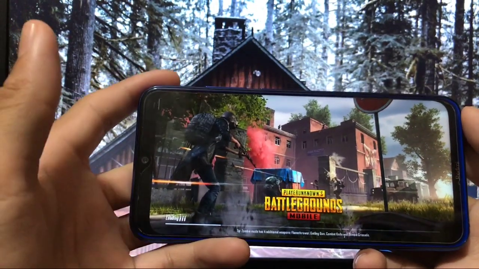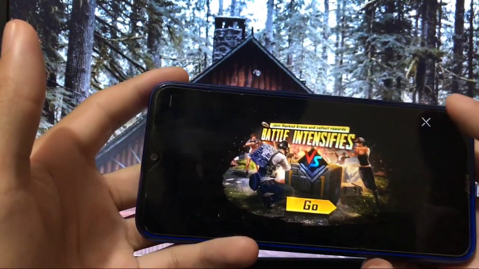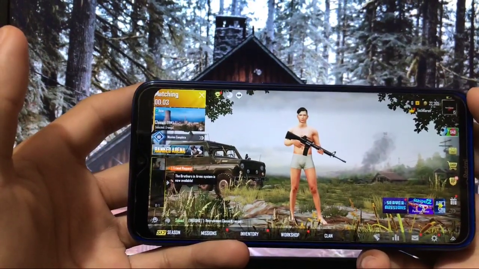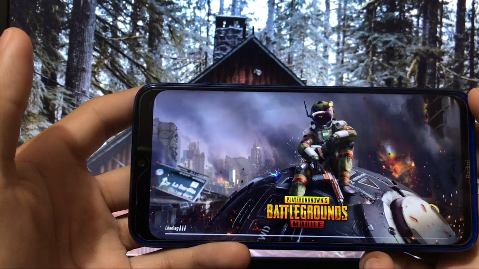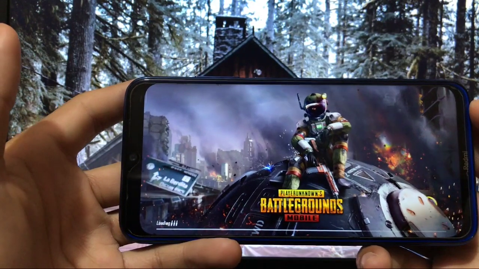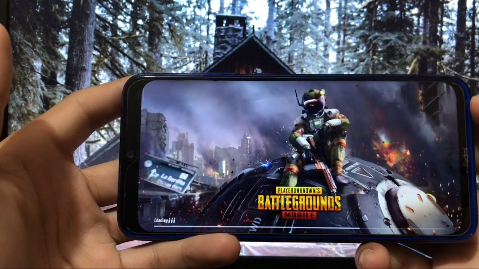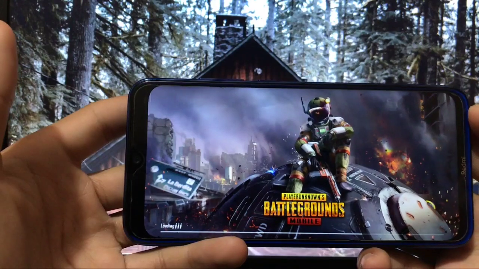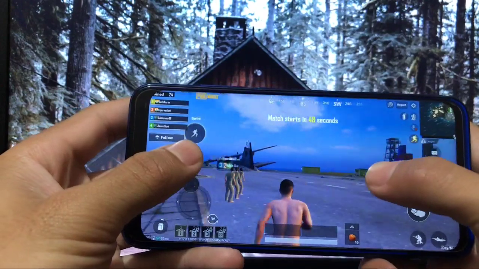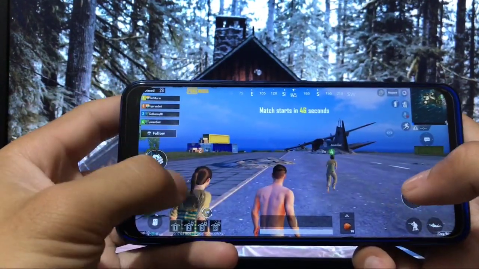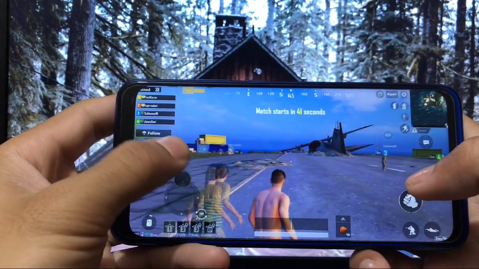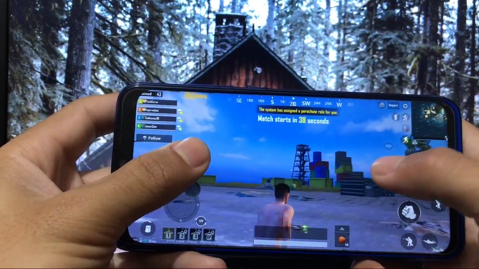Some bugs I already showed you, like you cannot install themes, even you cannot install third-party themes, the normal themes, you cannot use anything here. But if you want to use your device with new patches, a new version, and PUBG is also working smoothly and some other things, then you must try out this ROM because GCam is there, and the official camera is working too. That's a very good thing. Some points are there, and you can see there is no issue at all in PUBG. I've just installed it and it works without any frame drops, perfectly without any issues at all.